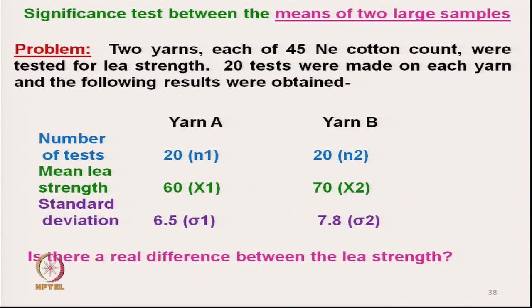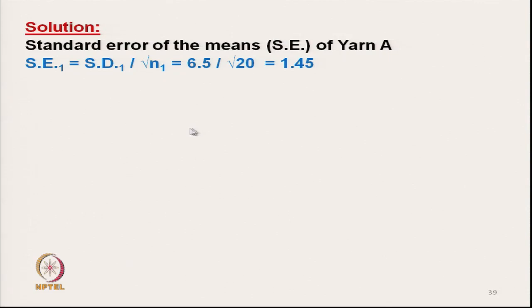We have an option before finalization, before rejection: we can take one chance, because we cannot compromise with the strength. So, we can reject, but before rejection we will do some test, a significance test. If the significance test says this difference is significant, then we will reject it. If it is insignificant, then we may decide to take this one. Okay. Now, what do we do?